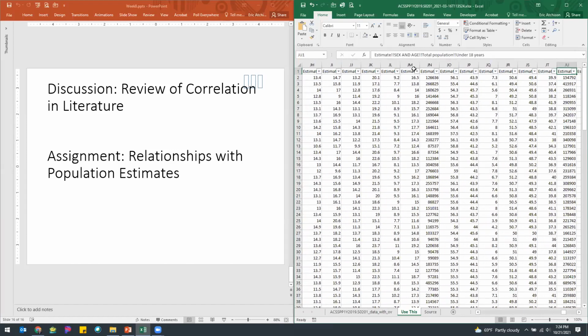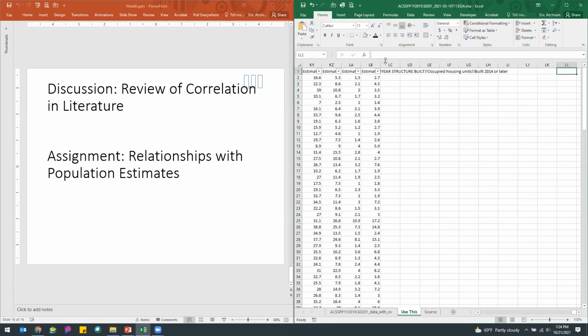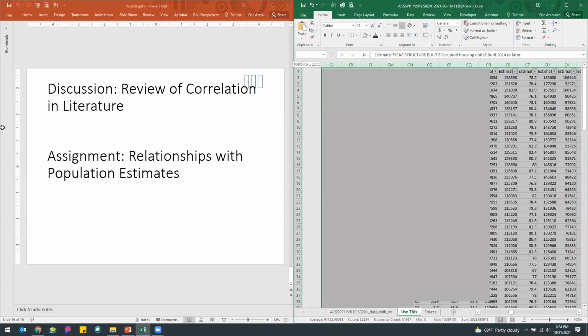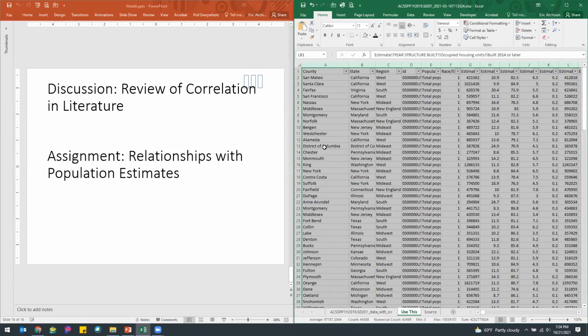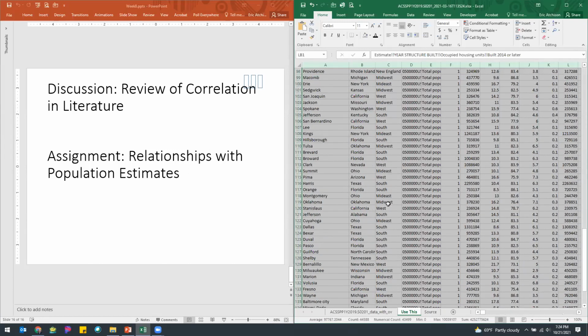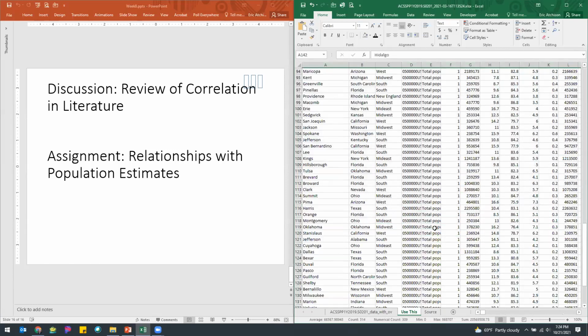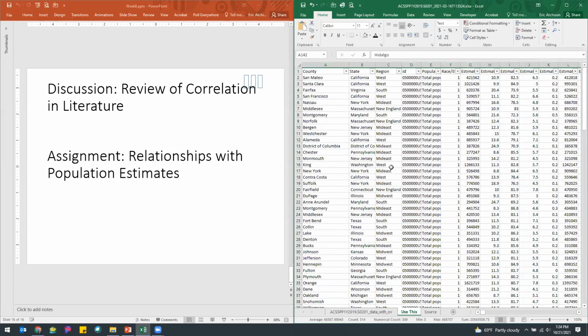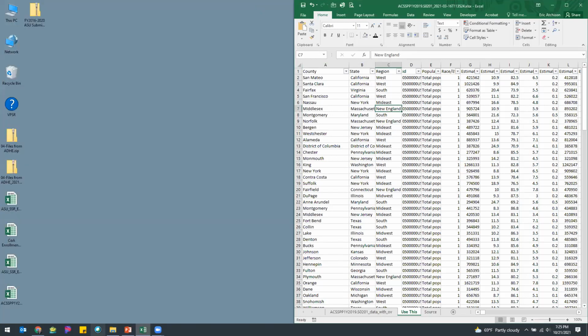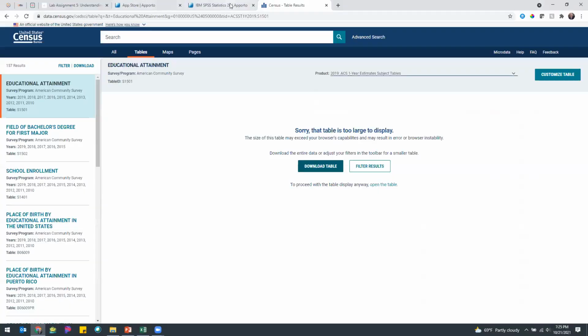This data set has, if you give me a sec, I'll tell you, 314 columns and 142 rows. Okay, 314 columns and 142 rows. What I want you to do is look at correlations of data within these population estimates. Specifically, and I've written it all out here for you,